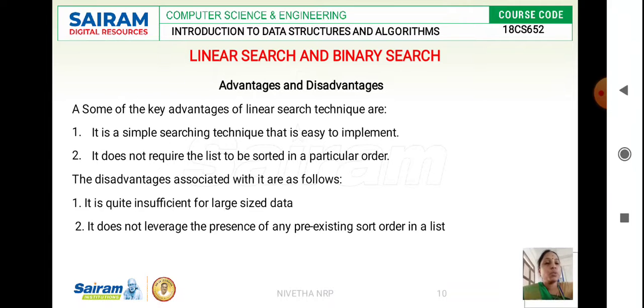The main disadvantage is that we cannot use linear search when the data size is high. When the data size is high, the time required to search from the first index to the last index, and the time consumption, will also be more with linear search.